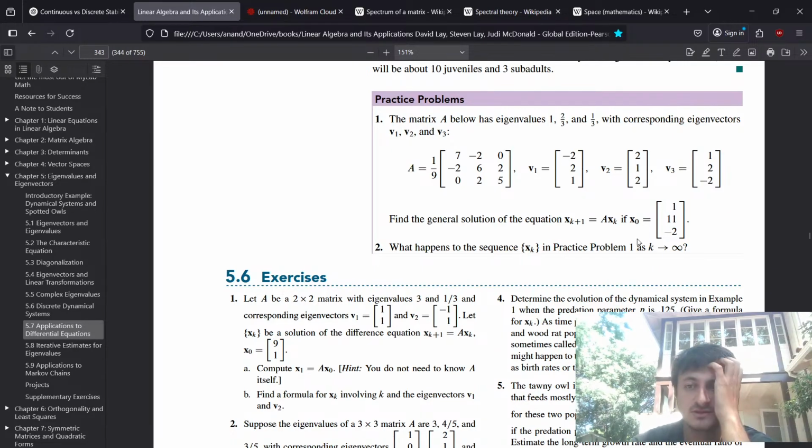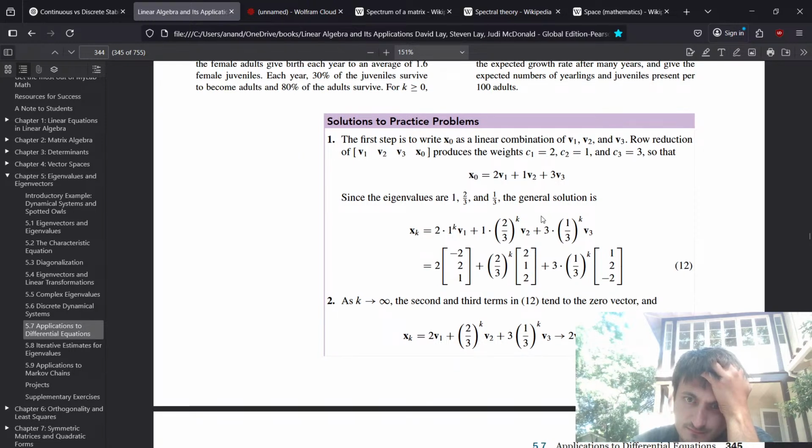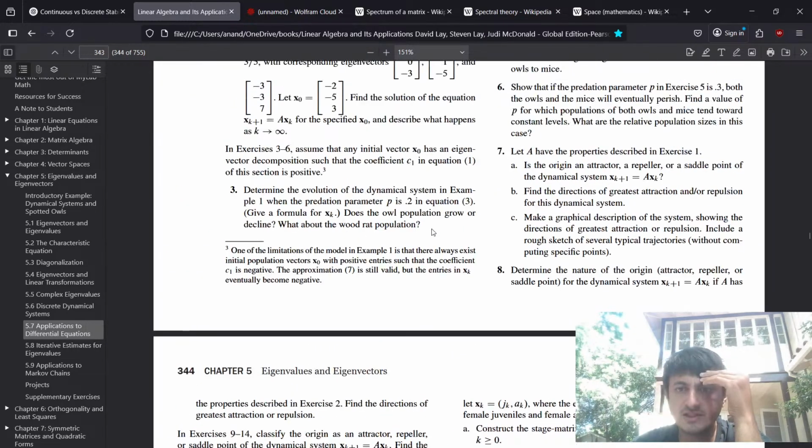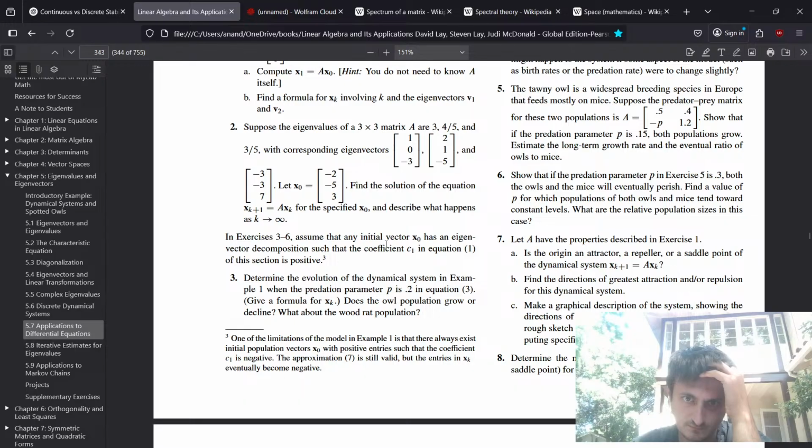Oh, we didn't do the practice problems. Let's look at the answer of practice problem 1. Okay, so you still do a linear solve, so that's fine. Then you get xk. Okay, so it is the same problem. So what we're going to do is I'm going to ask it to